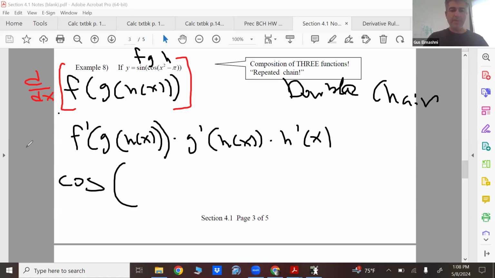So I'll change colors for a bit of contrast. Totally unintentional, black and orange for the Giants. So here we go. Cosine of x squared minus pi